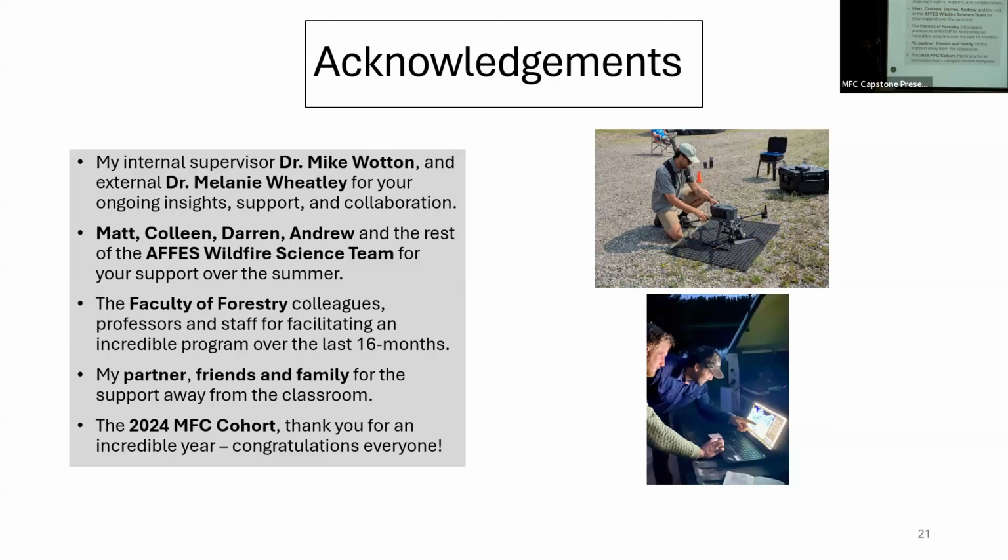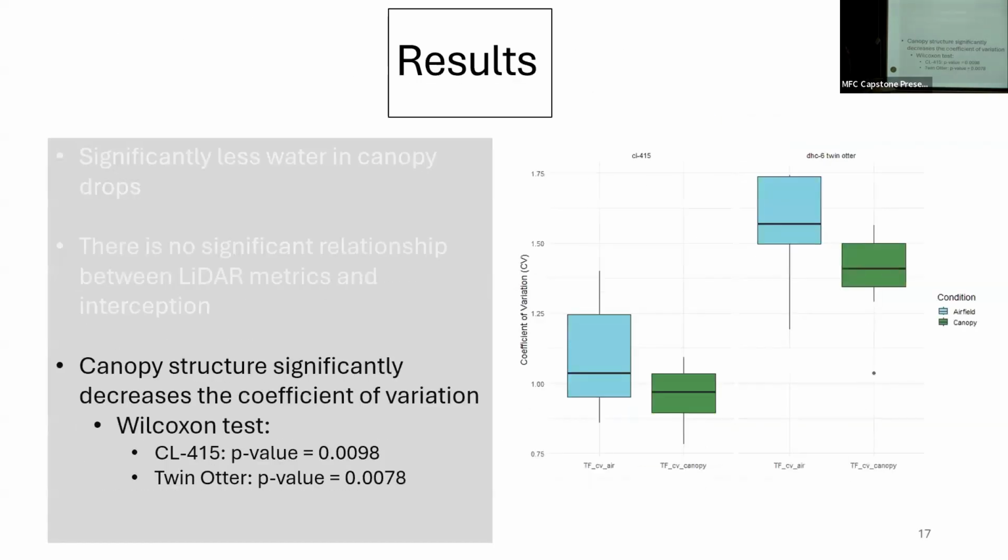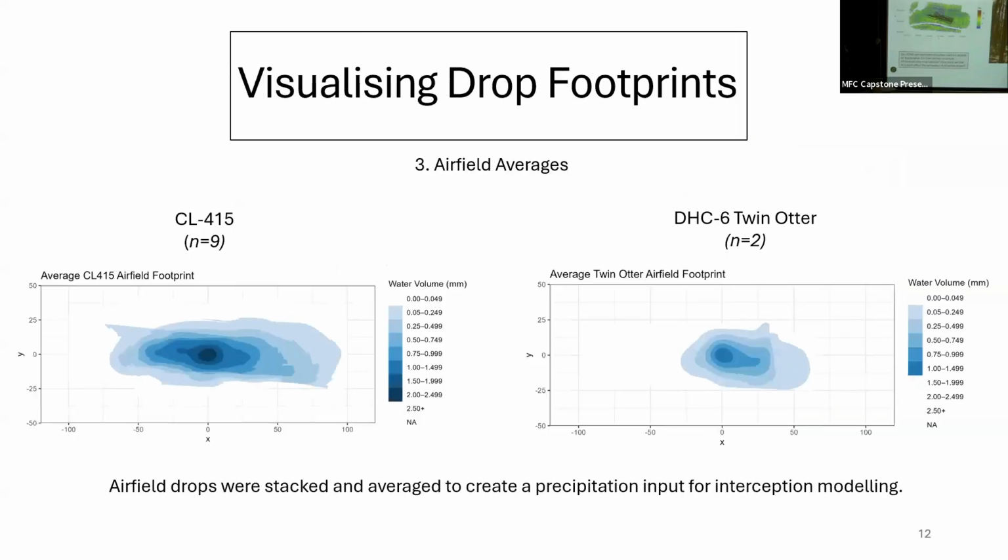What is the deepest part of a drop? Can you back up to one of the interpolations? Can you just walk us through that, based on what you just said? Yeah, absolutely. So looking at the CL 415 one on the left here, that deep center maxes out just under 2.5 mils deep. And to link it to what I was talking about with the coefficient of variation,